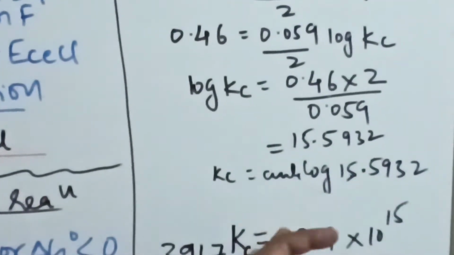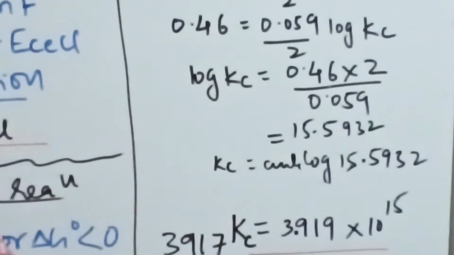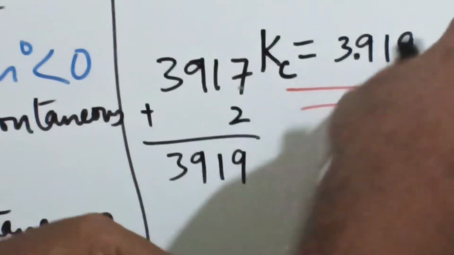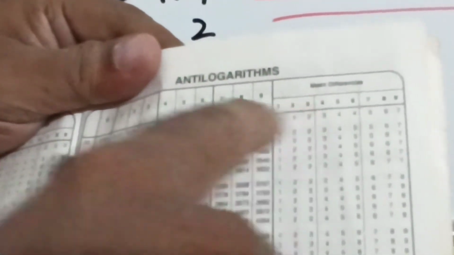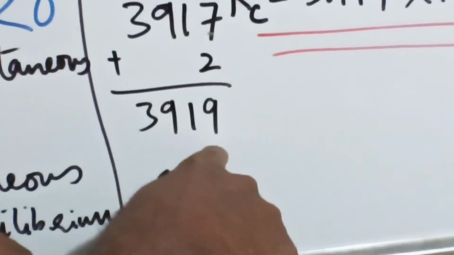Naturally, to the left side of the decimal, it is 10 to the power 15. Now finding this anti-logarithm, my dear students, if you go here, this is your anti-log table. In this anti-log, if you go to 0.59, I think it is here. Yes, see, for 0.59 we have to look at 3, so 3 will naturally be here. That is 3917. If you go to 2, that is the mean difference column, that is 3. So you add 3917 plus 2, that is 3919.